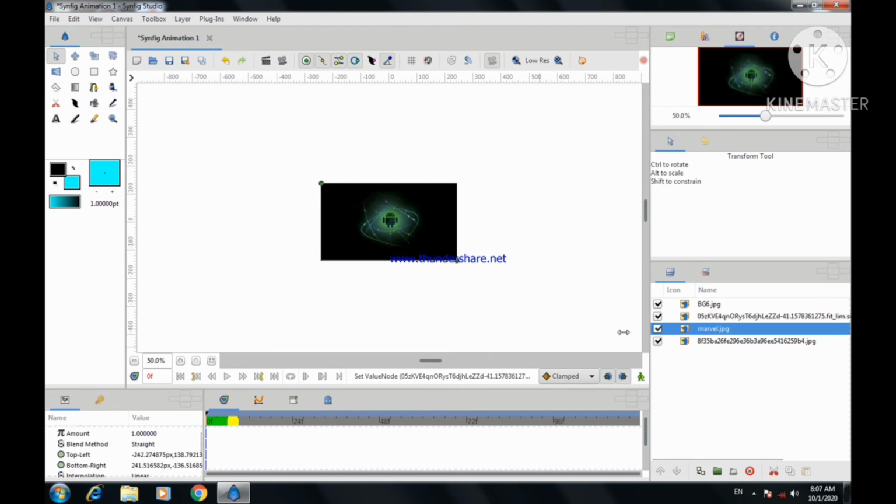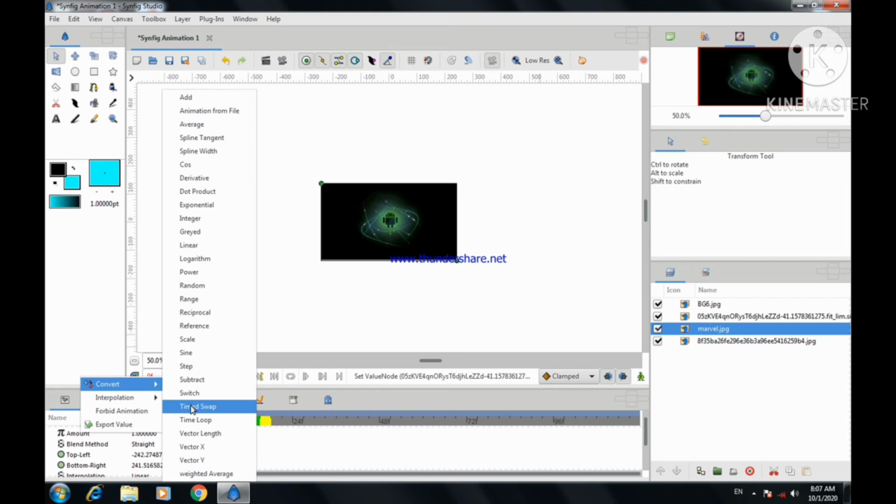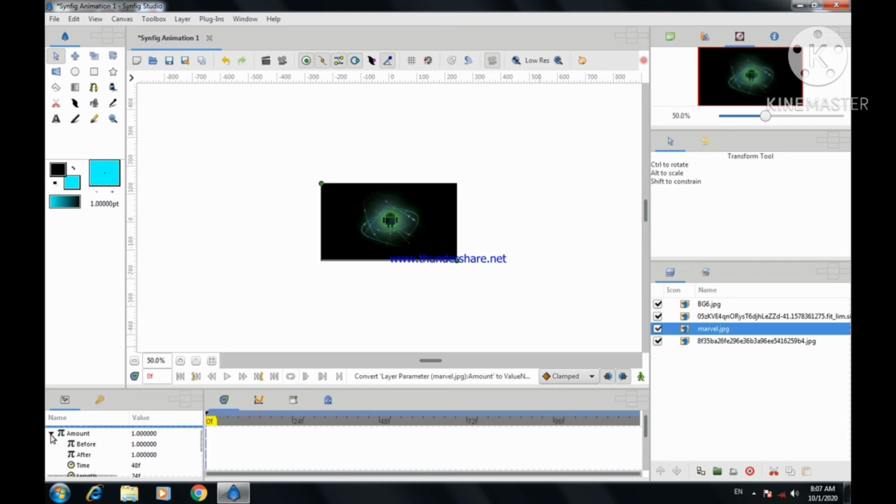Now select third image, right click, convert, timed swap. After make it 0, time change to 15 seconds for the third image, right?